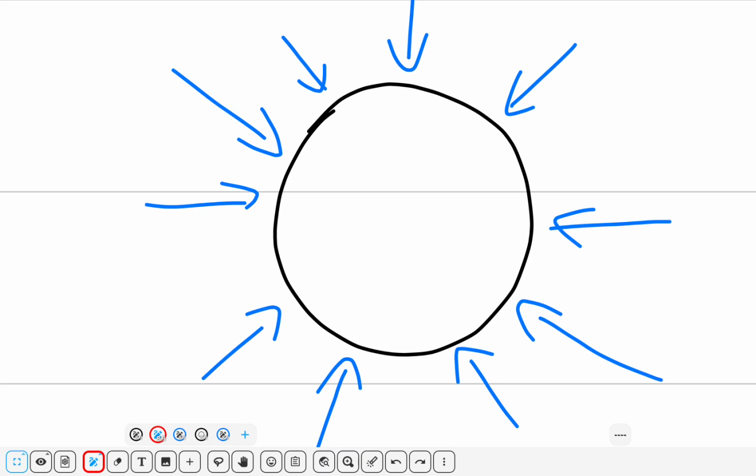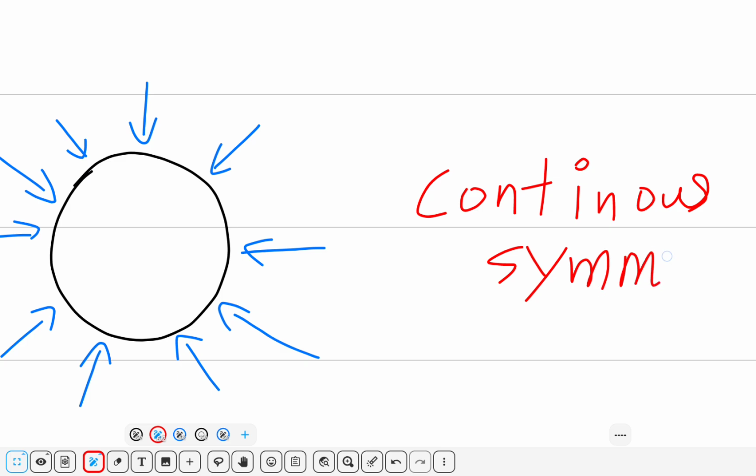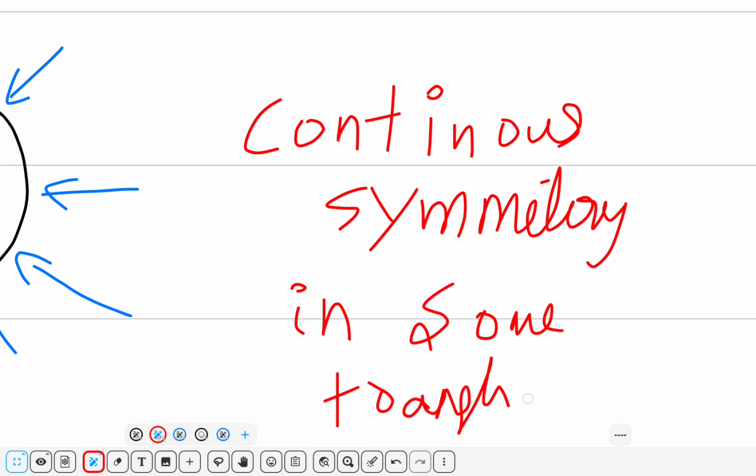So there is a continuous symmetry here, and continuous symmetries are very important in classical physics. They really amaze me, because every time you have a continuous symmetry in some translation, it can be angle, it can be time, it can be anything,